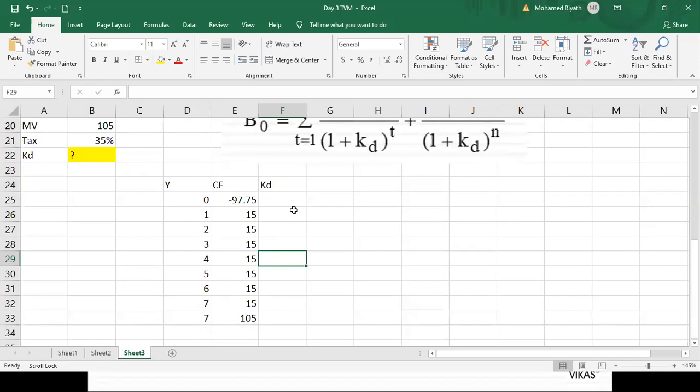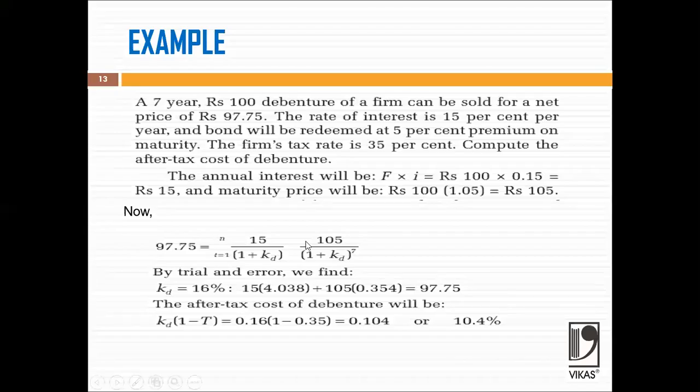To find the cost of debt for this kind of bond, we use a trial and error method. Trial and error method means the IRR method, internal rate of return method. By trial and error, we will work out until we find 97.75. We will take 16%. First, we will take 16%, and